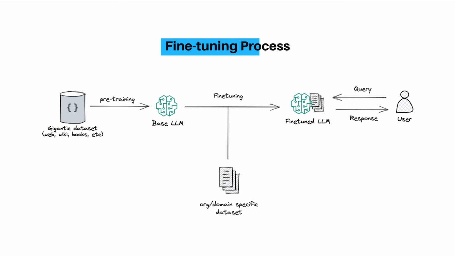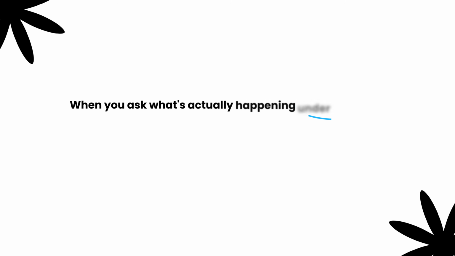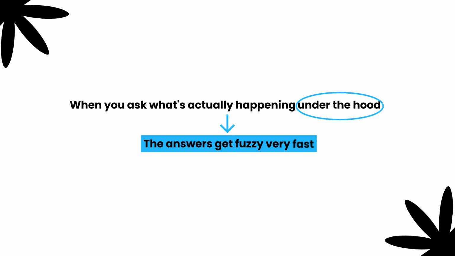Fine-tuning has become one of the most important skills being asked for in AI engineers today, and it is still one of those skills that not a lot of people actually understand deeply. Many people would have made a fine-tuning API call once or twice, but when you ask what's actually happening under the hood, the answers get fuzzy very fast. In this video, I want to go over all of that with you.